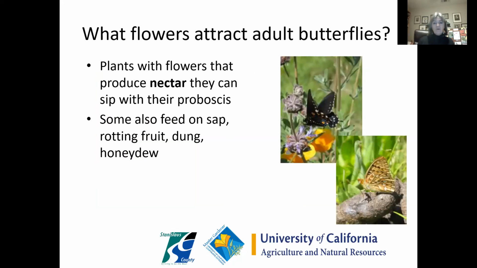So there's different kinds of flowers that will attract the adult butterflies. Because of their long tube, they like things that are tubular shaped that they can stick in like a hummingbird tongue to sip up the sap or honeydew or whatever it is they're sipping on. So that's one kind of flower, like a California fuchsia, or some of the salvias that have the long tube, which would be a really great flower for the adult. In addition to that, on the next slide, we have